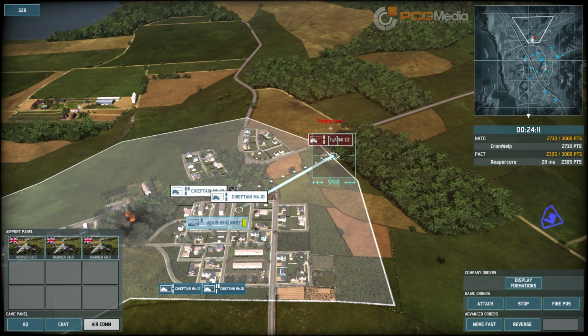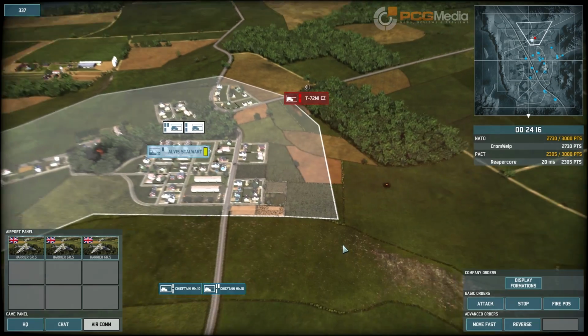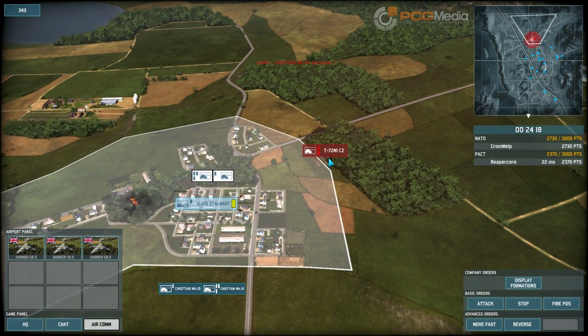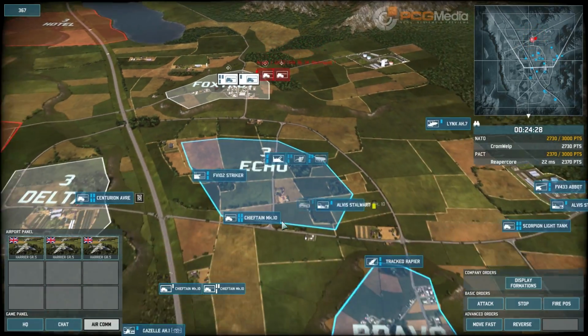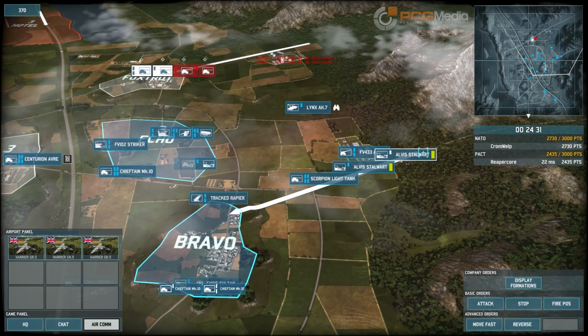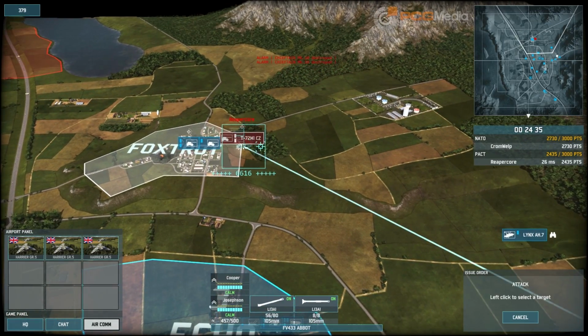T-72 is a very good tank. Not quite a match for the Chieftain. But there's a line of sight issue at the moment. Can't quite seem to hit him. It's doing a lot better than I thought it would. Can't use my Harriers because there's anti-air in that bush. But what I can do is use my Abbots to attack the bush